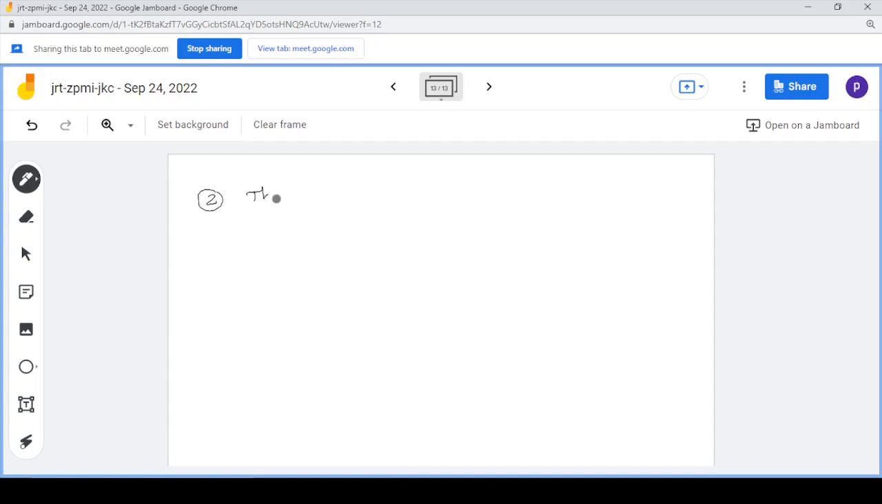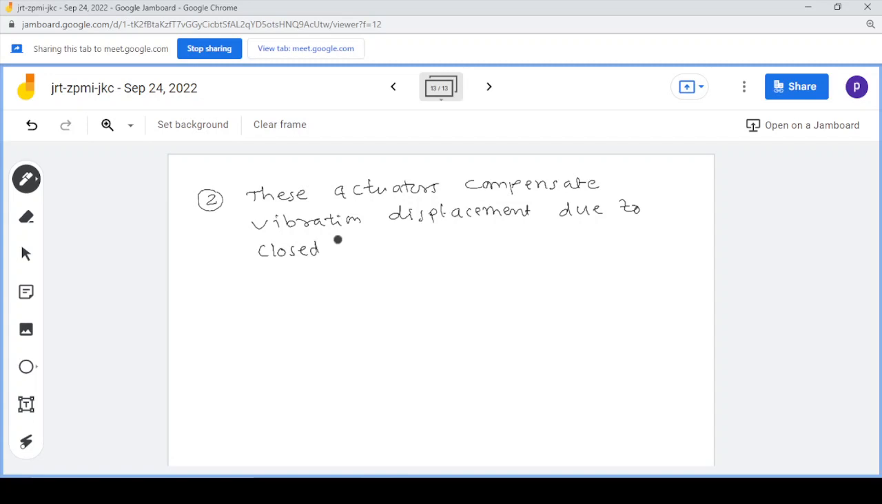Second, these actuators compensate vibration displacement due to the closed loop control system. Control system with feedback. So, as we are using the closed loop control system, we are getting sure whether the